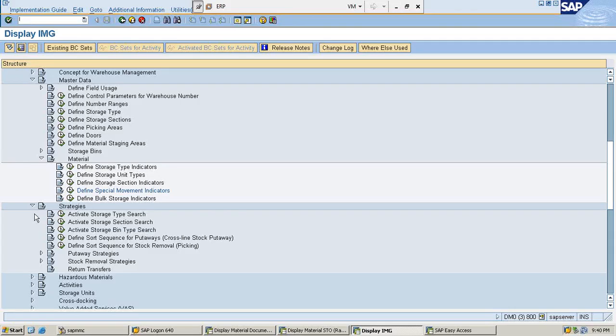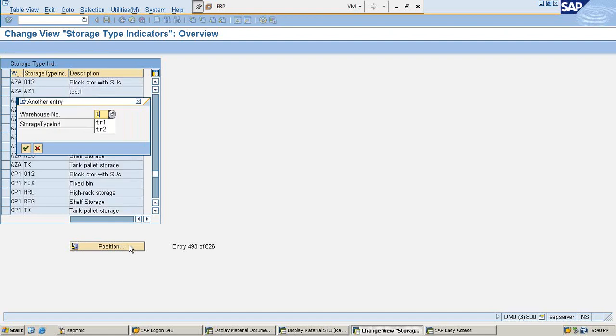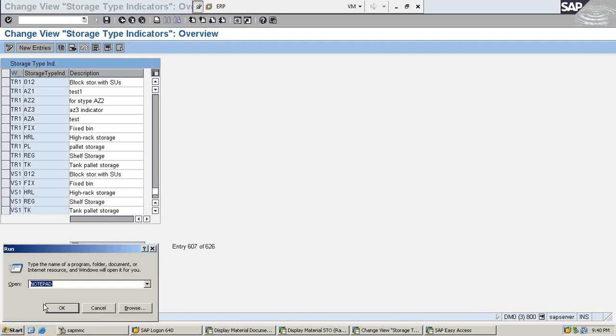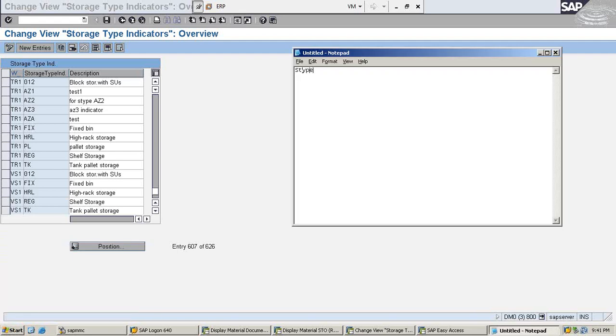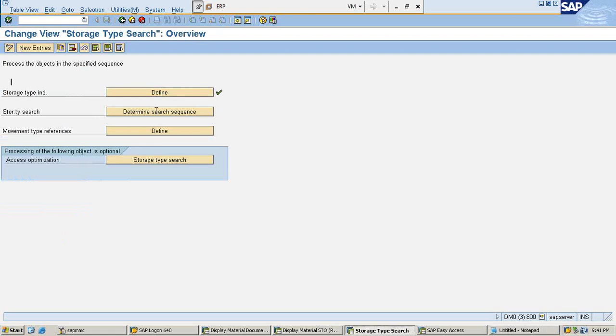So for that we need to do some configuration. Here we have defined the storage indicator now, right? We have defined so many here. So we'll take AZ1 as the storage type indicator, and we'll write it down. And now determine the search sequence. So here if you see,